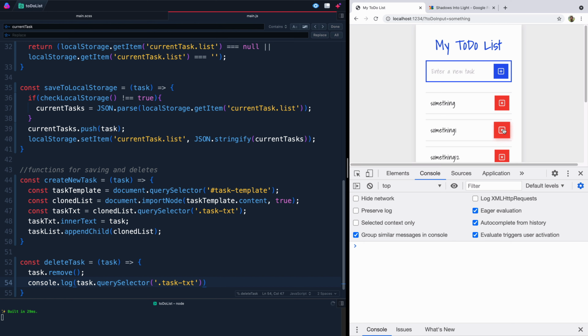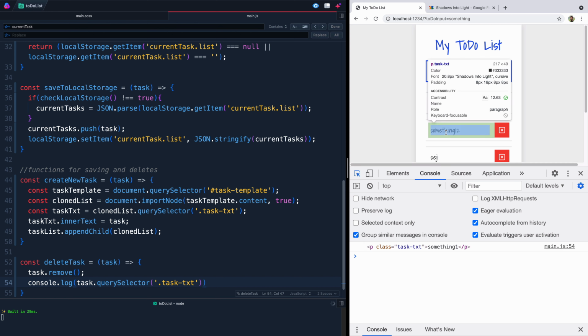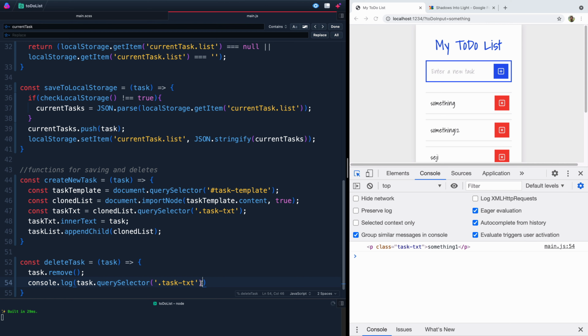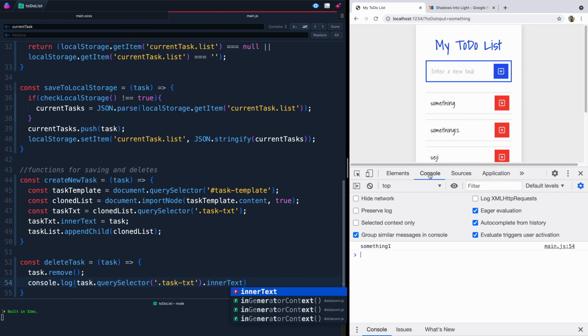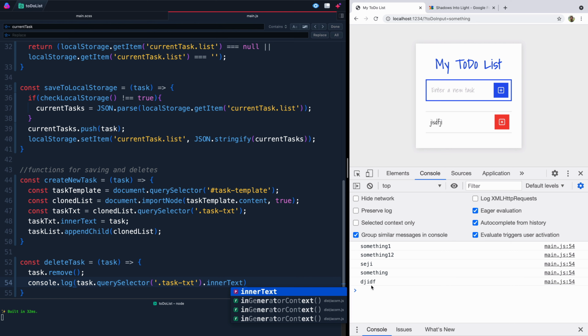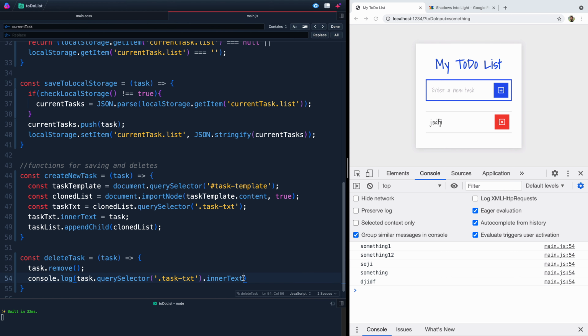We click on this. Okay, so we're actually getting that something. Now let's grab that text, and then we're going to grab the inner text from it, and let's do the same thing. Click on here, click here, something, something. Okay, so it's giving us the actual text. Now what we can do is use this to our advantage